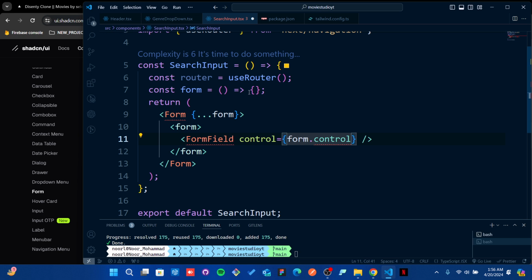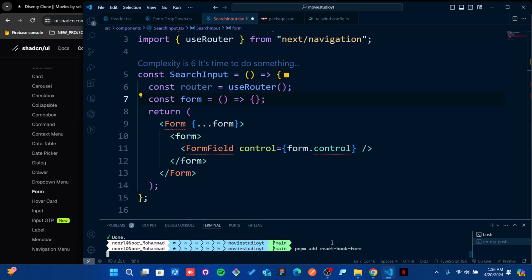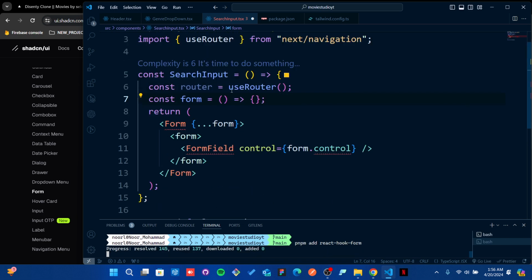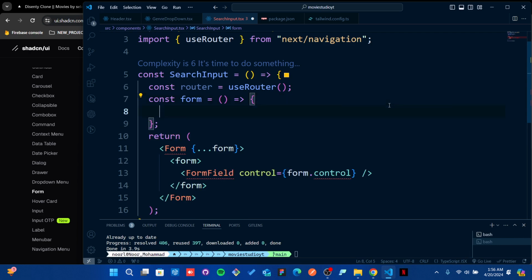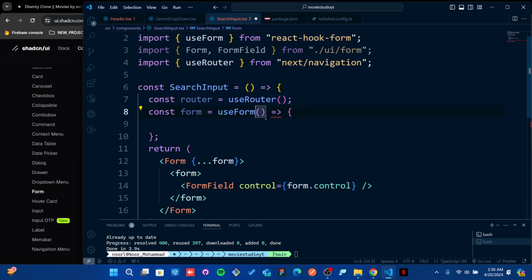That form is going to use our friend, the useForm hook from react-hook-form. Remember, first we told you that we're going to use react-hook-form. So we need to install that, with pnpm add react-hook-form, and it's going to install our hook form. And here we're going to write that parameter. So it will be useForm; you see we imported it from the react hook form. And here it's going to be z.dot, oops, it will not be that, it will be a z,